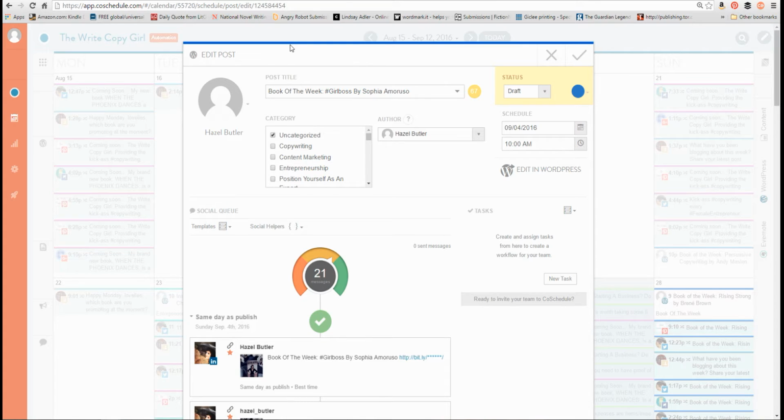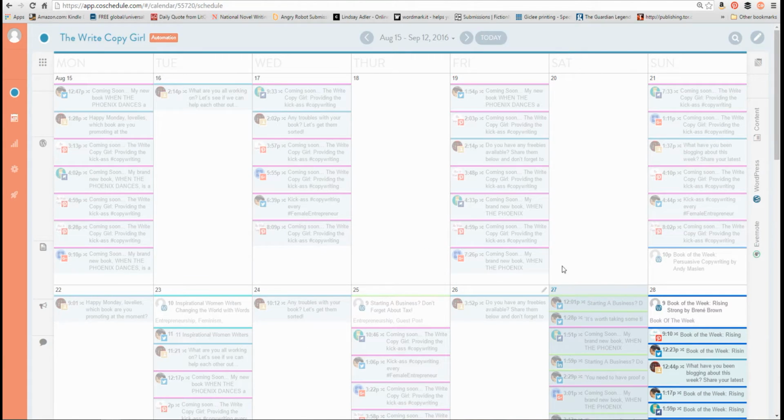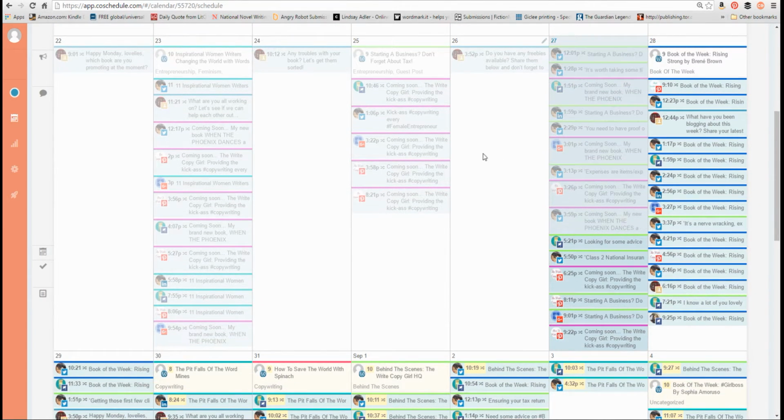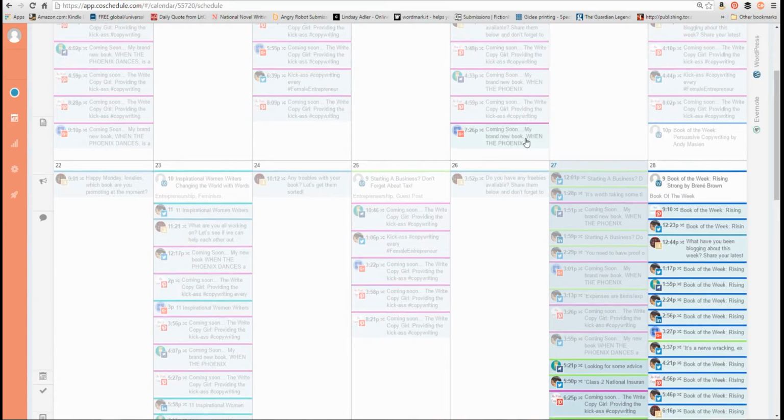So this is actually incredibly useful, the fact that you can just colour code these, and it's so simple. And a lot of people, I think, that use CoSchedule don't really utilise this because they think, oh, it's just for making it look pretty. It's not. I mean, it does make it look nice, but it's not for making it look nice. It's so that you can really easily see where things are missing. I'll explain that a little bit more in a minute, but